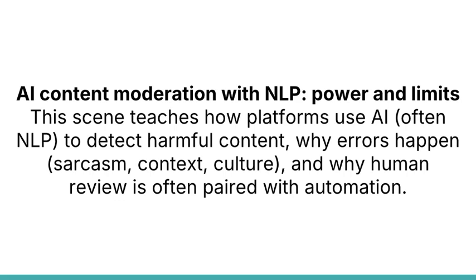Those moderation models often rely on natural language processing, or NLP, which analyzes text to understand context, sentiment, and intent. But NLP models aren't perfect. They can misinterpret sarcasm, cultural nuances, or context, leading to false positives or negatives. It's a tough balance. On one hand, social media companies want to protect their users and advertisers. On the other, too aggressive moderation can stifle legitimate expression or cause controversy. Many platforms use a combination of AI and human reviewers to get it right.